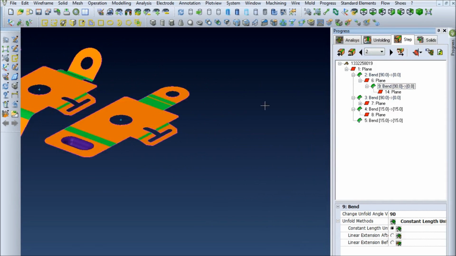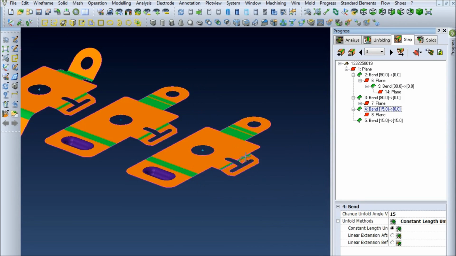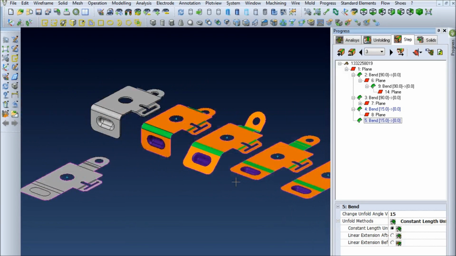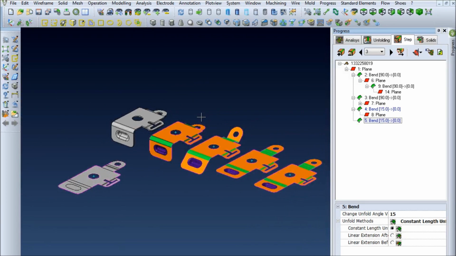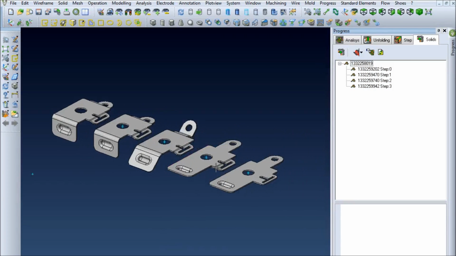We'll add one more step and take out this little bend. And there we have each step we're going to need whenever we move on to the next step for the strip construction. Last thing we can do is just rebuild the solids, and we've got solid parts for each step